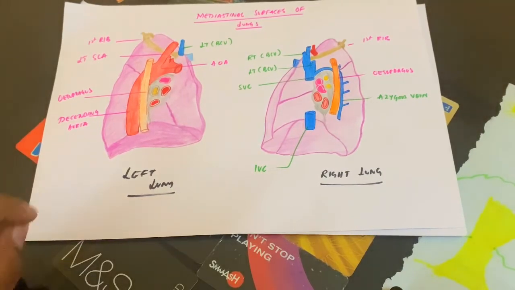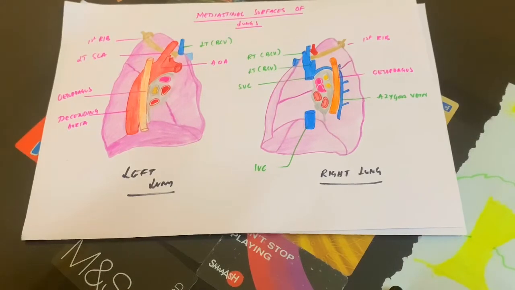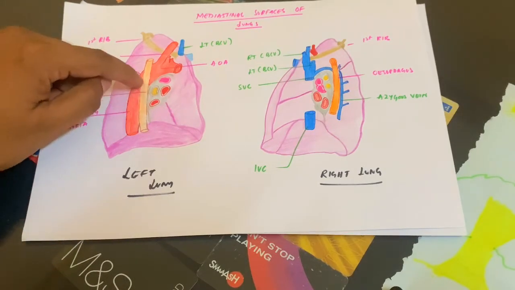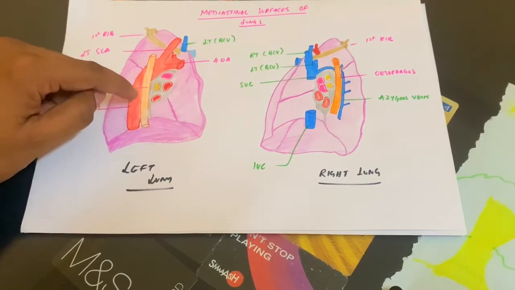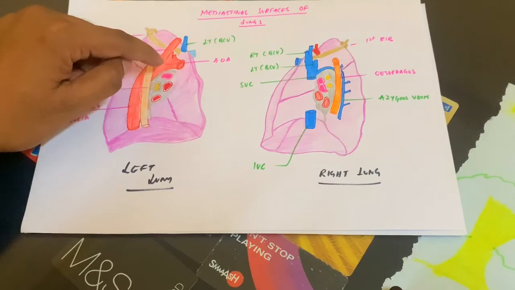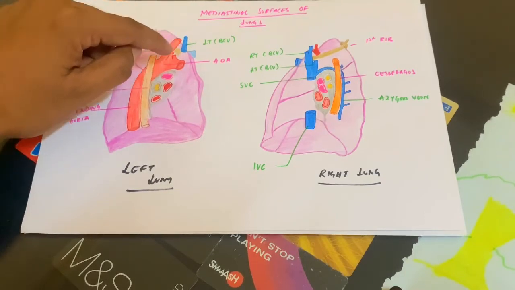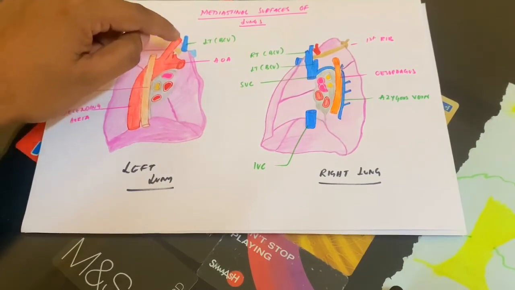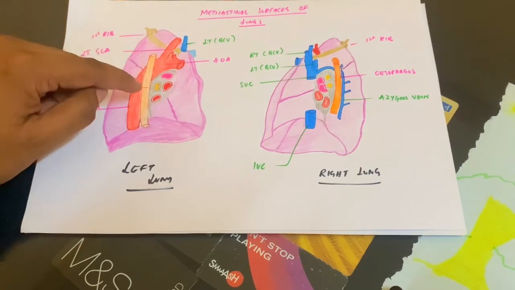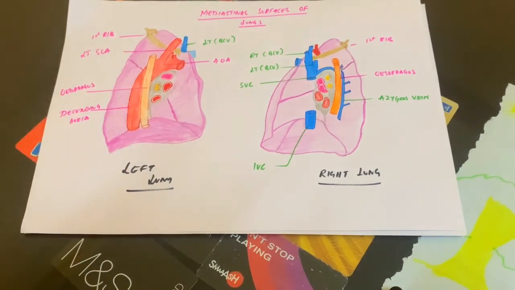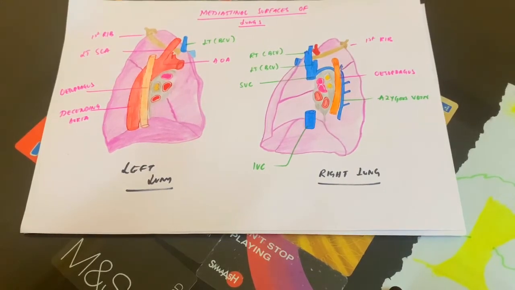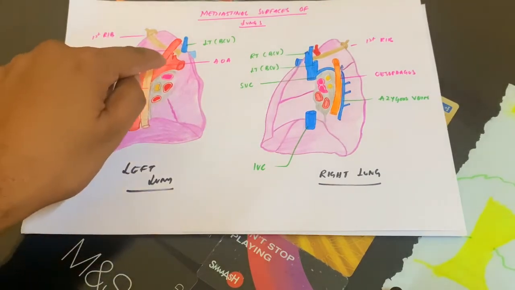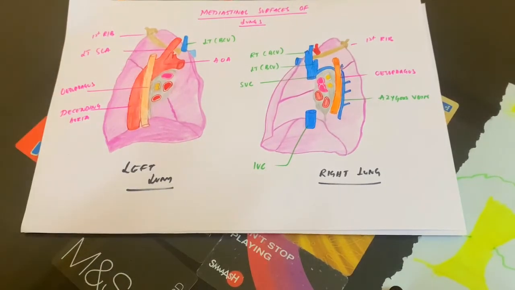Not only that, you also have some grooves in the left lung. This is the groove for the aorta. This is the descending aorta. This is the arch of aorta. Just above this arch of aorta, you see one more vertical groove. This is for the left subclavian artery. Then this is the esophageal groove. And as I said, a well-defined groove arches backwards above the hilum. So above the hilum you have this arch, which is for the arch of aorta.